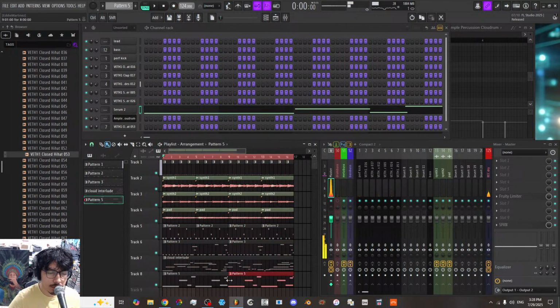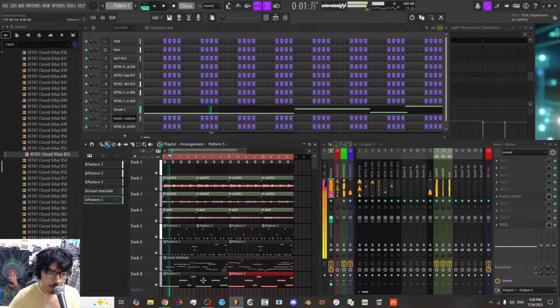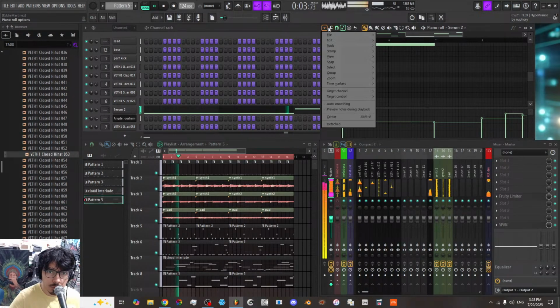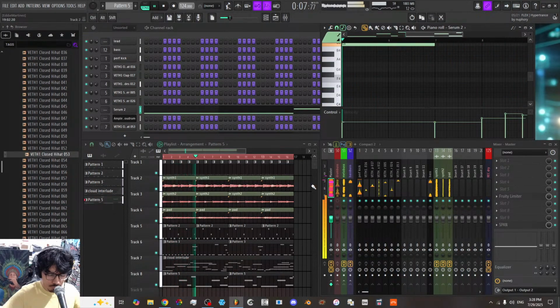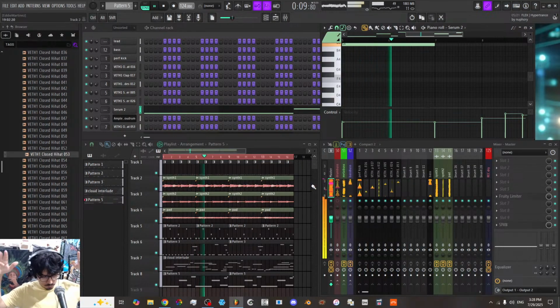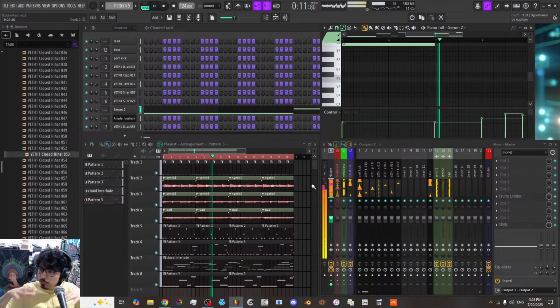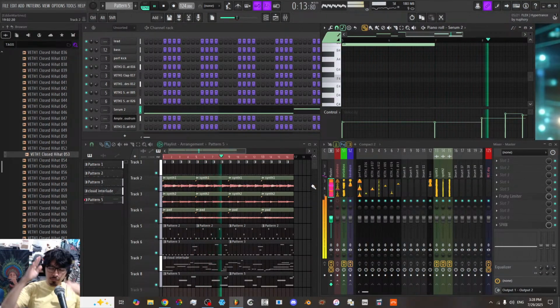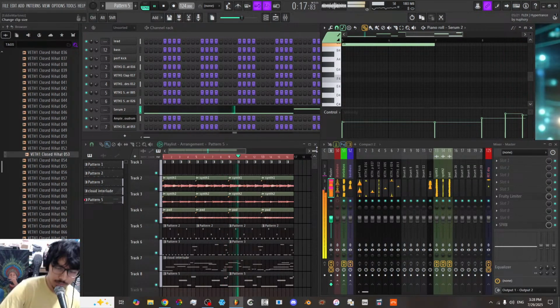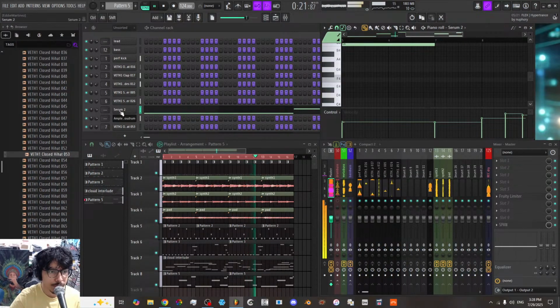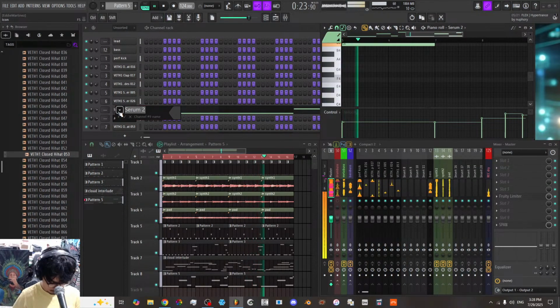Yes! I just need to go in there, quantize it a little. You just need some reverb in there to make it sound real crazy.